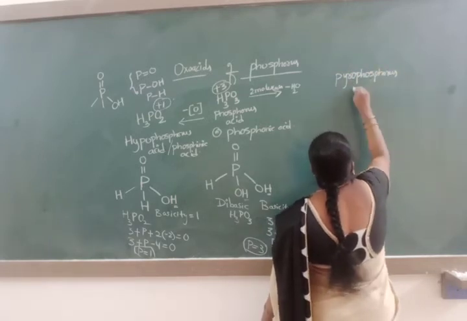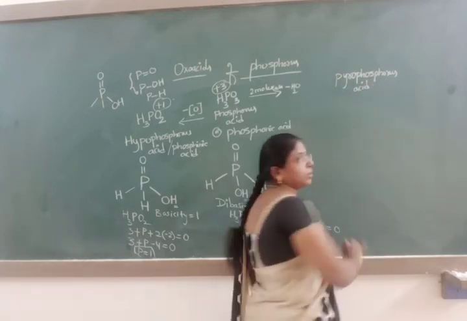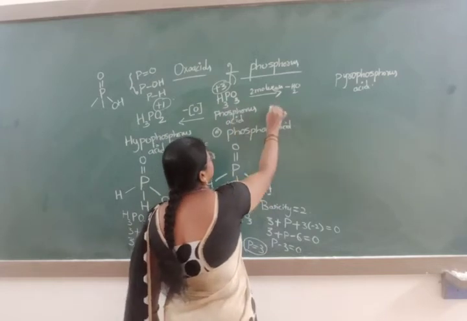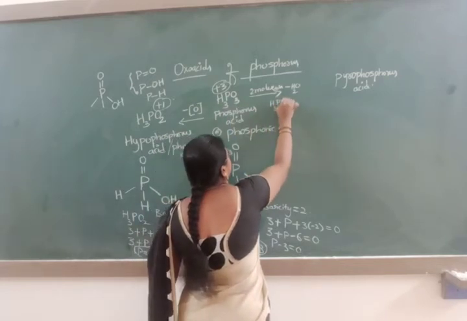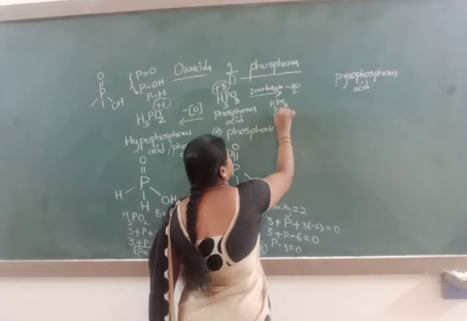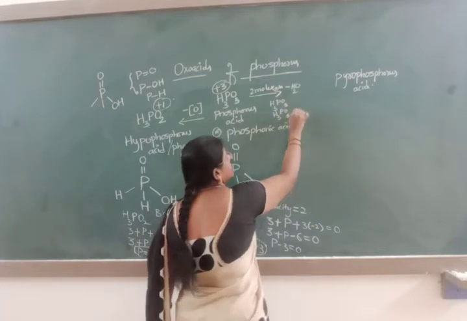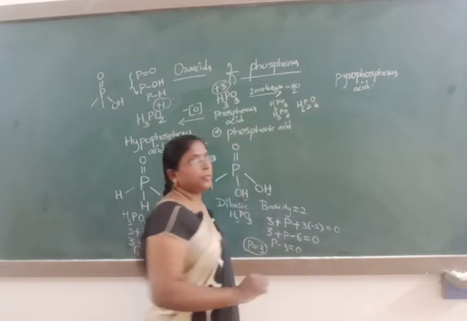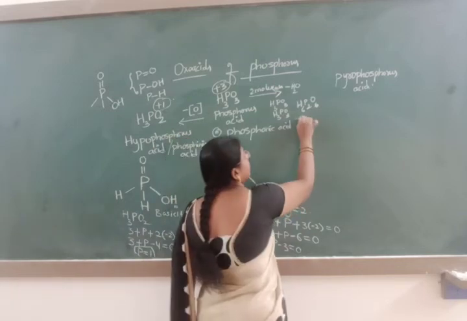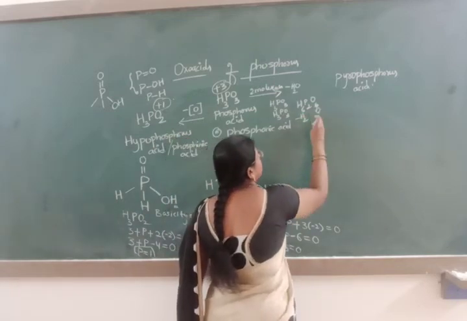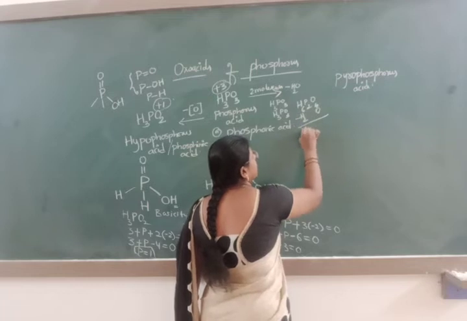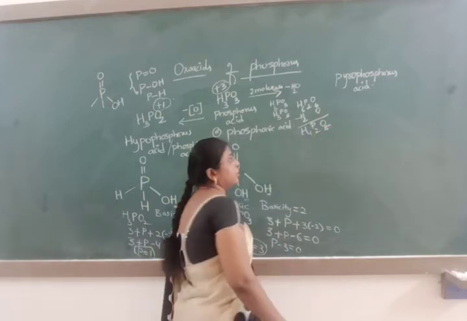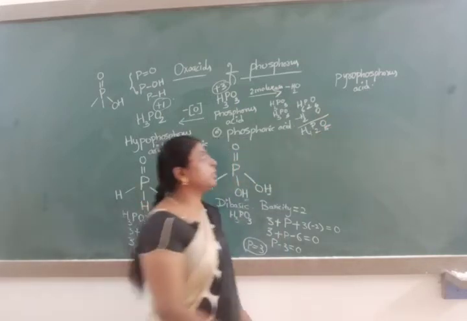Pyrophosphorus acid. It is known as pyrophosphorus acid. From 2 molecules of H3PO3, 2 molecules, if I take, what will it be here? H6P2O6. In that, if I remove one water molecule, what will be the formula here? H4P2O5. The formula for pyrophosphorus acid is